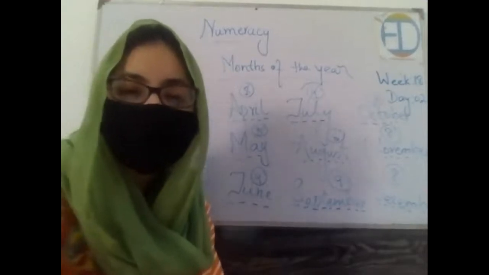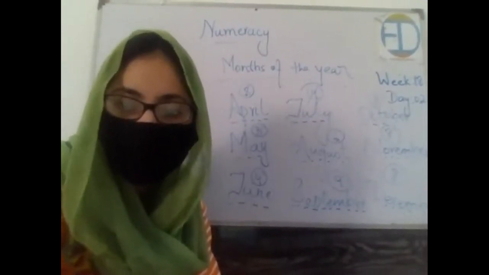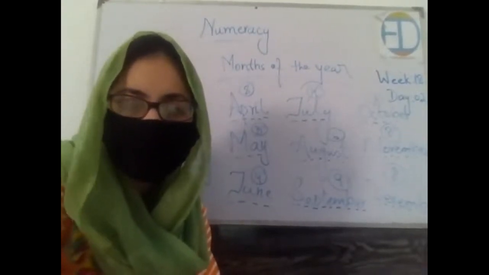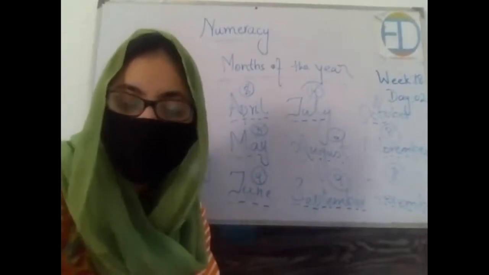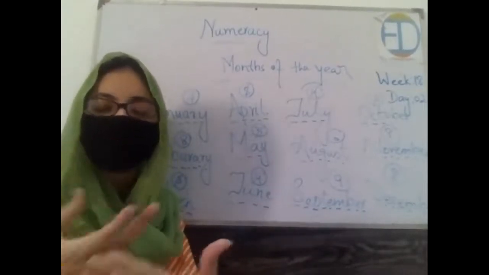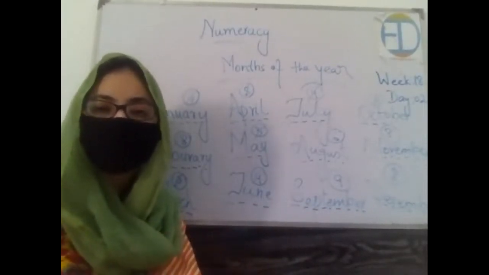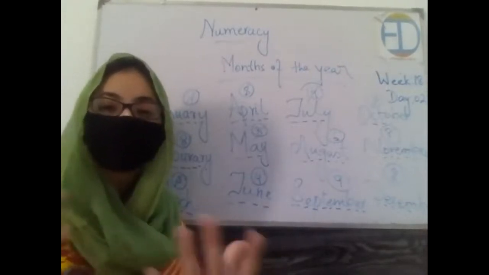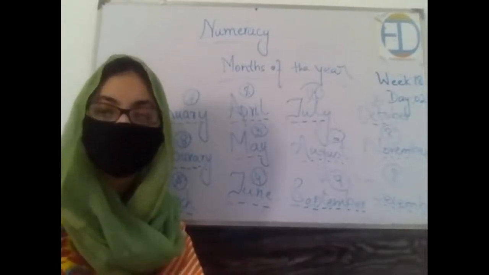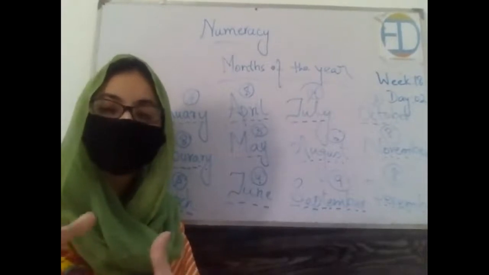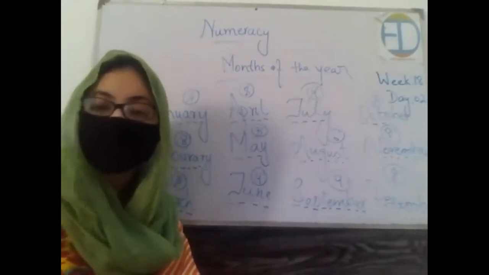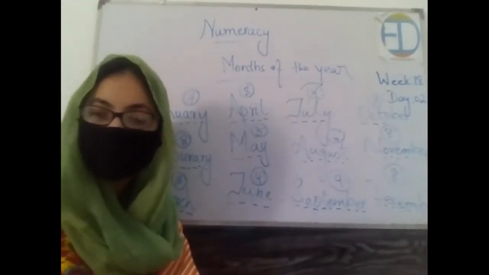Okay, so we are almost done with this unit, but we will just revise these things in this week, and then inshallah from next week onward we will be starting with a new unit. So we still have 2 days, tomorrow and the day after tomorrow. We will be doing some more practice with the order of the days, the order of the months, how to read and write time, what is the difference between analog and digital clock, and all of these things, right? So we will practice on this, and then inshallah after that, from next week onward, we will be starting with the next unit, which is the sixth unit, right?